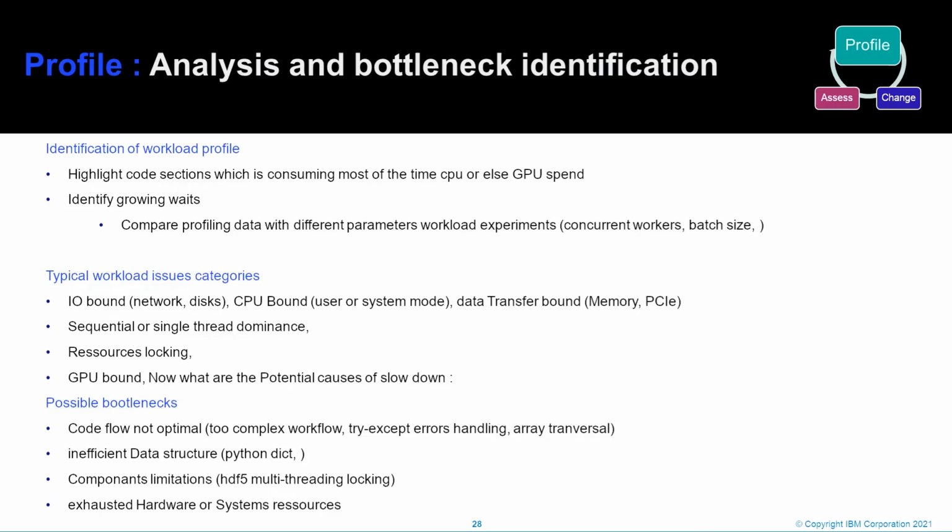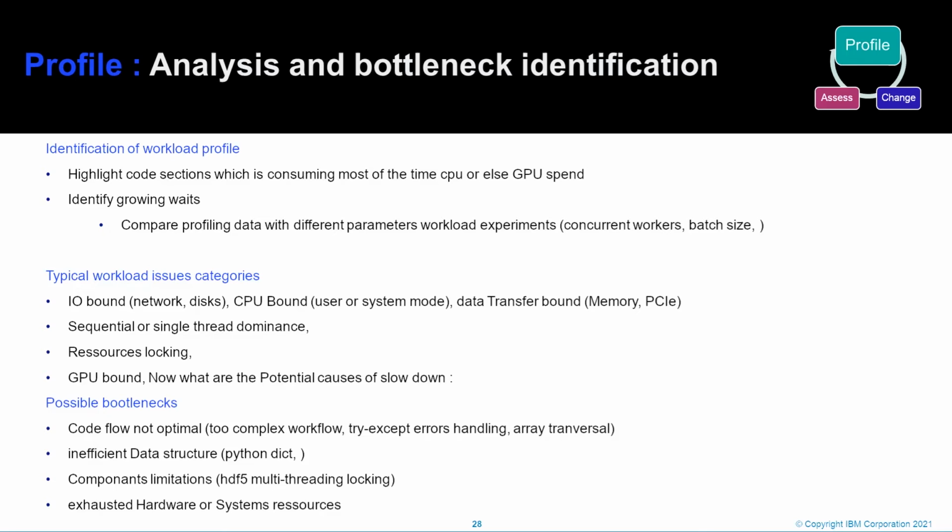It could be the case for specific components. Actually, we mentioned HDF5, but HDF5 is known to be designed with several locks that prevent several workers from scaling well when using the same HDF5 file.